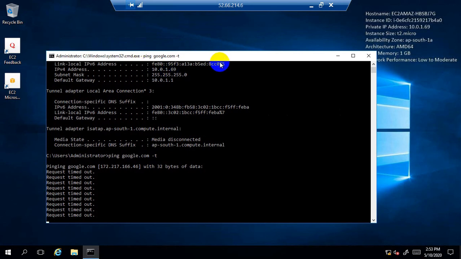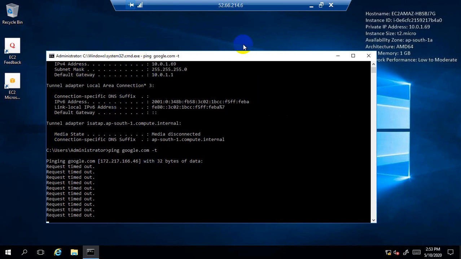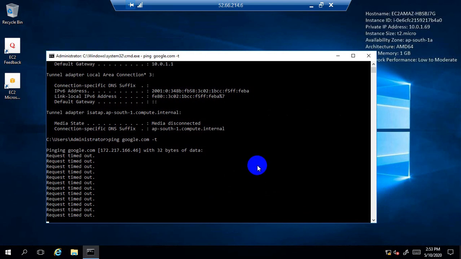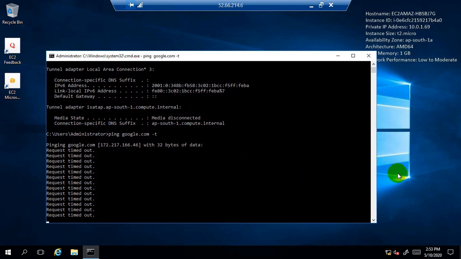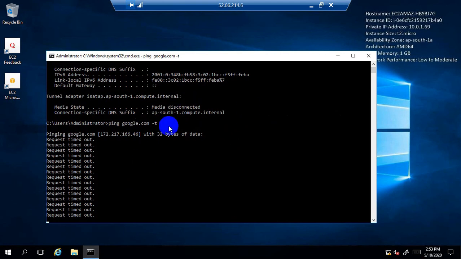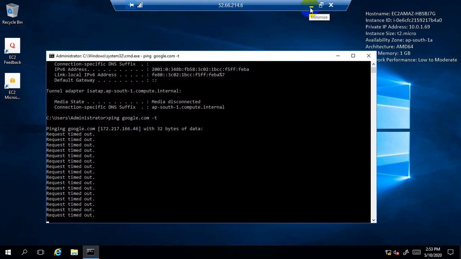Now what we need to do, we need an internet connection, because this EC2 instance may have some applications and some programs which require the automatic updates of the patches from the internet. So how will all the applications like the antivirus applications get automatic updates of the patches from the internet, but the internet is not working. There is a problem. For getting an internet connection, there is a solution, NAT gateway. So we need to configure and enable the NAT gateway.